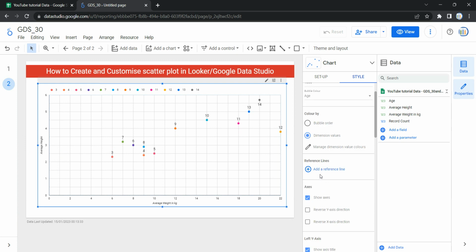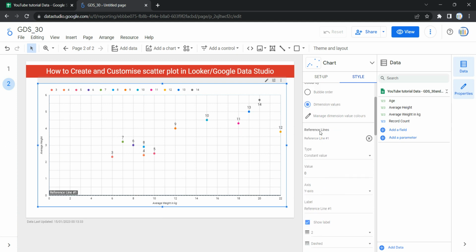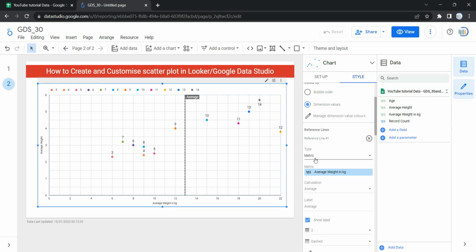Okay. The next option that we have over here is reference line. This option, reference line, helps you to compare your data against a particular reference. For example, in our data, we can take the average of height and put it as a reference for the comparison. For example, for our reference line, we'll take